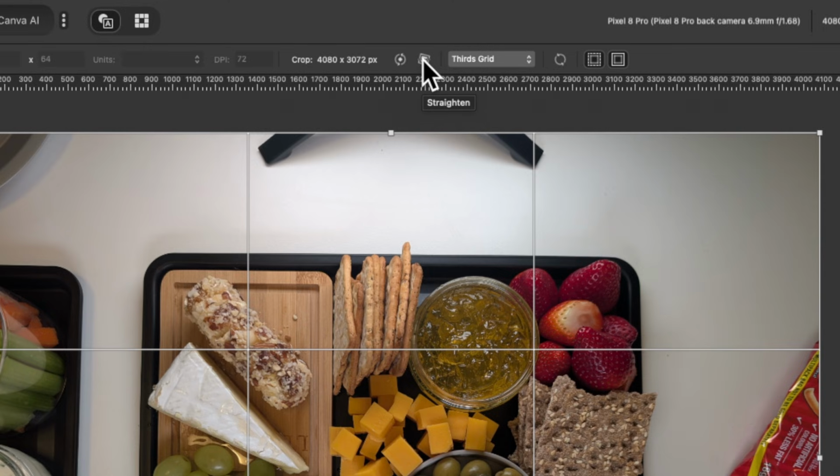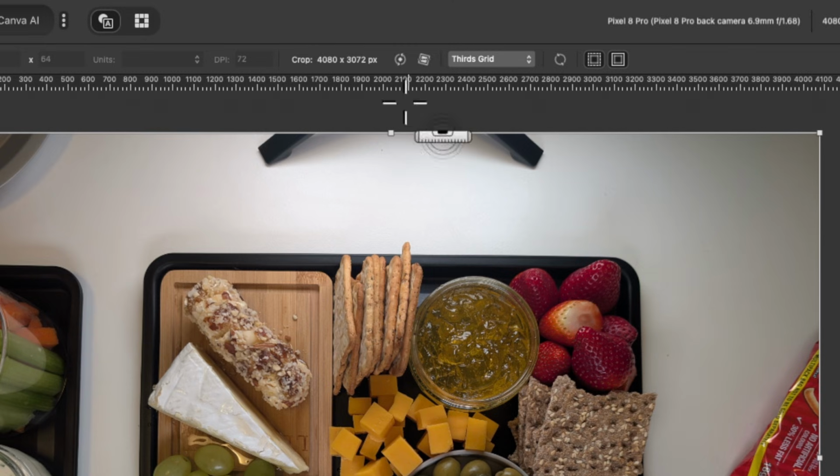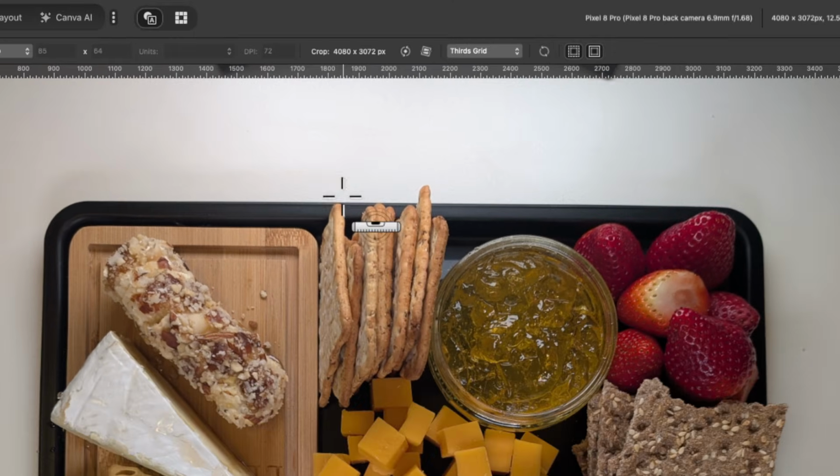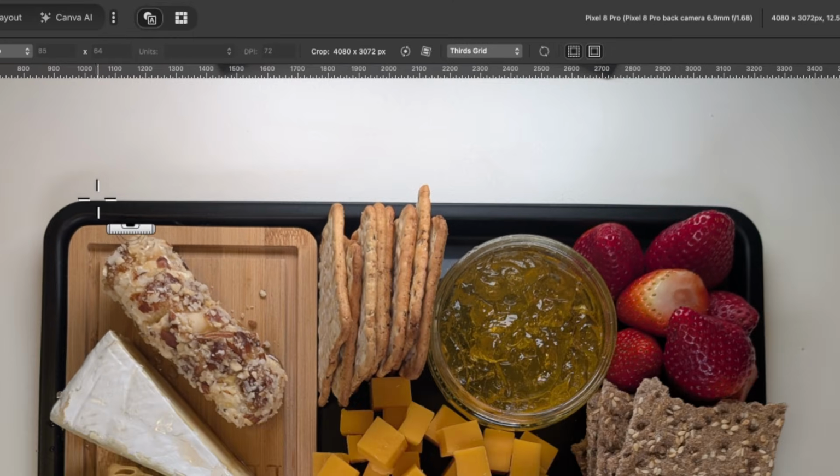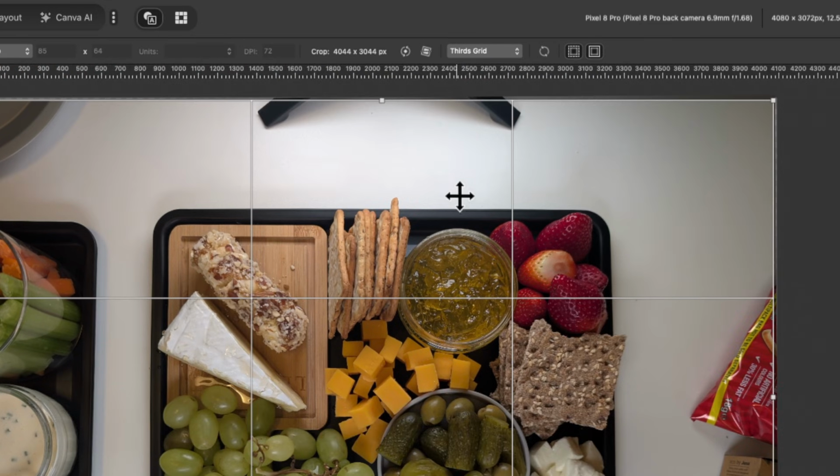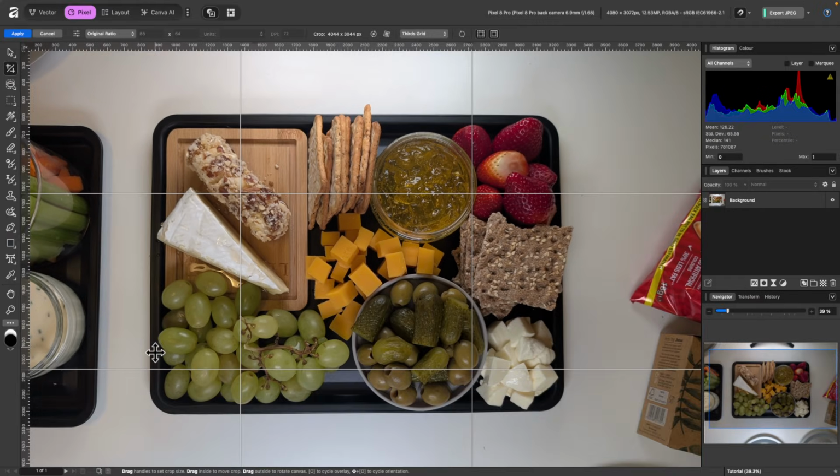And we've got straighten. So you can see that this isn't completely straight. So if I go ahead and click on that, and I'll just zoom in a little bit more, see we have our leveler here now. So I'm just going to click once here. I'm holding down. I'm going to drag it to the end there. And that looks pretty good. I'll let go, and you see it's kind of straightened it, hasn't it? If I wanted to make this completely kind of rectangular, I could go ahead and use that perspective tool that we were using earlier.